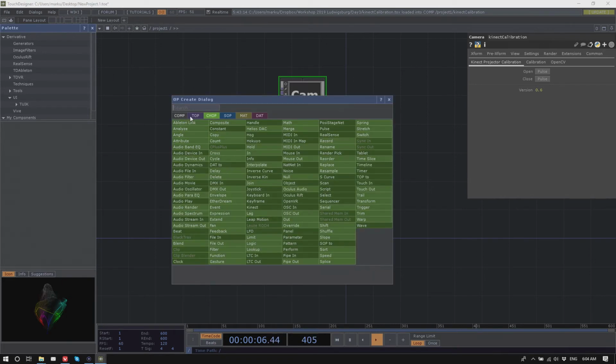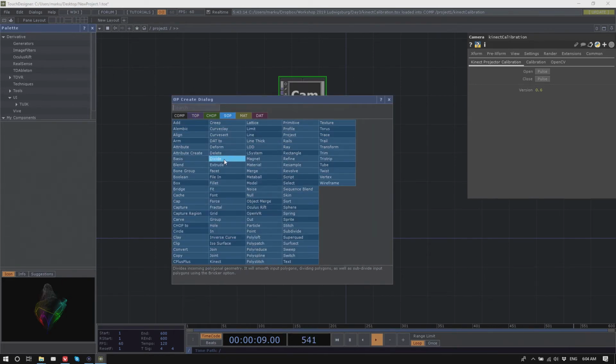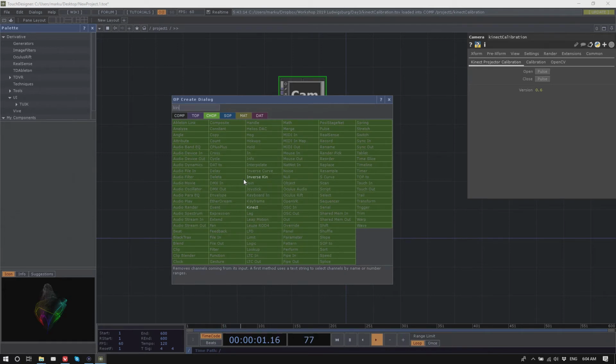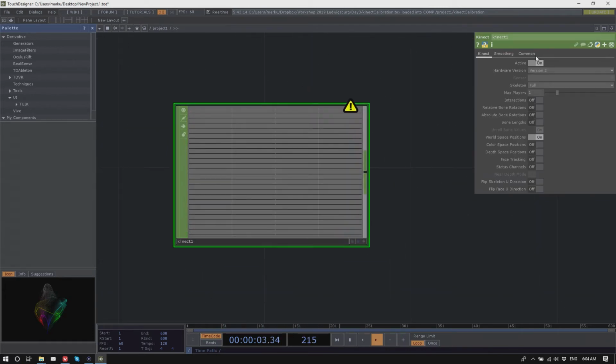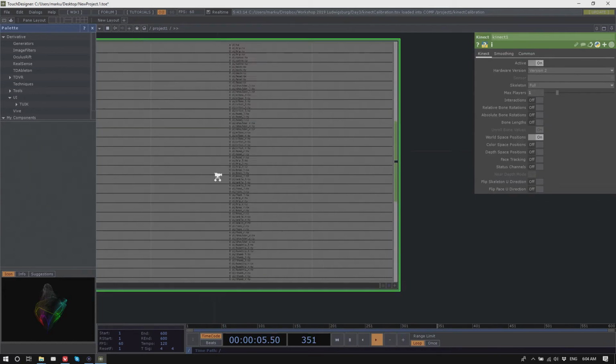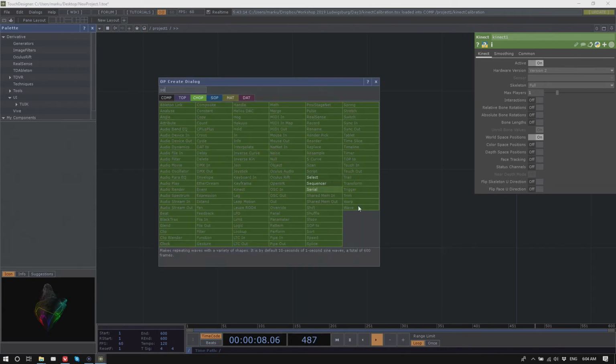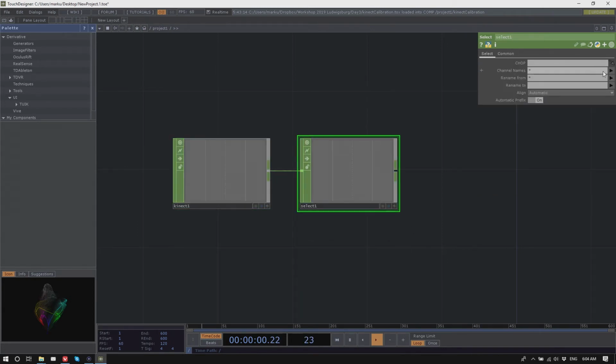So now what I can do is I can get my Kinect shop, and I can select some elements from the head, for example.